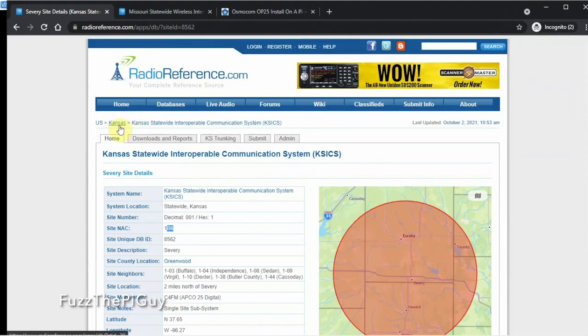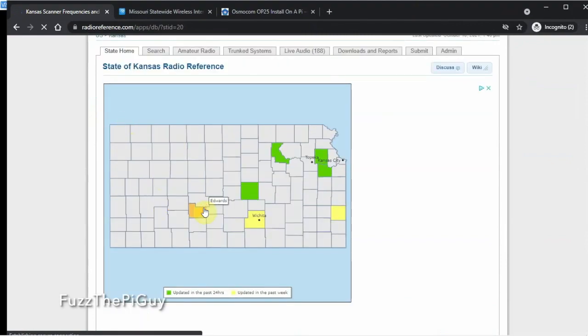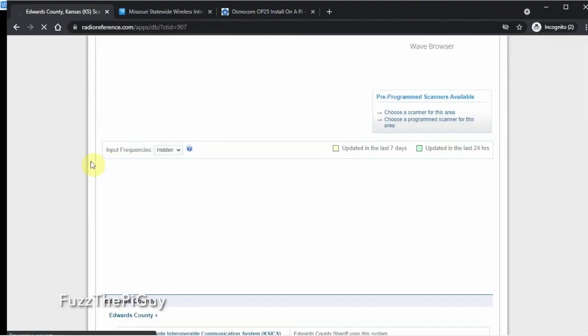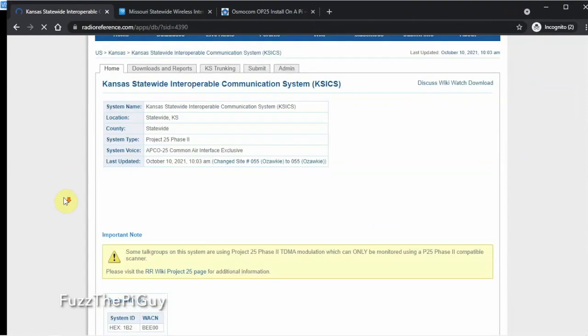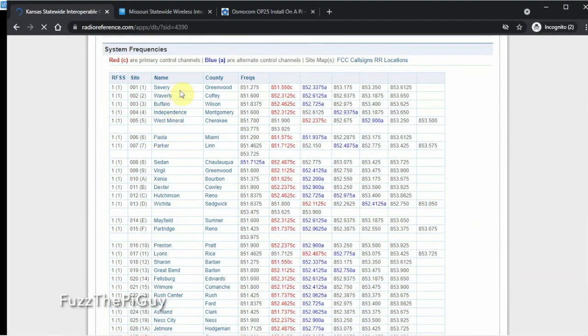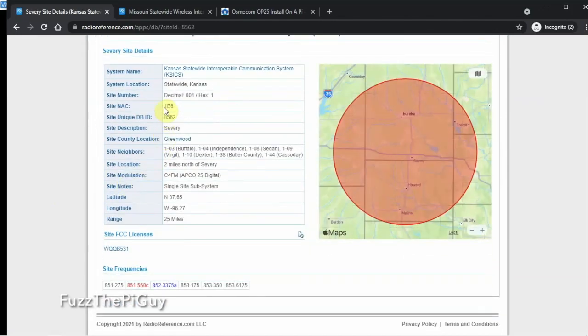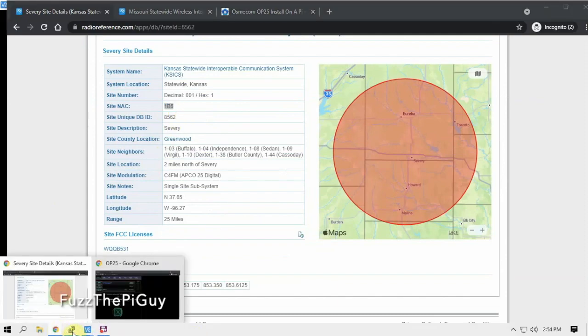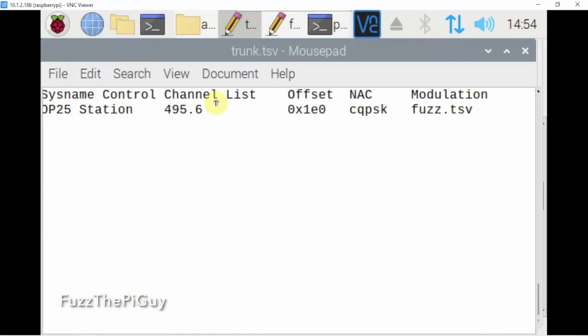We'll just say if we live in Kansas and we click on a county here and let it come up, P25, so we'll click on that. We'll scroll down, now we'll pick a county, so we'll just pick that one. So here's the NAC that I was talking about, that you need to update the last three of. So you would replace that with what is on the